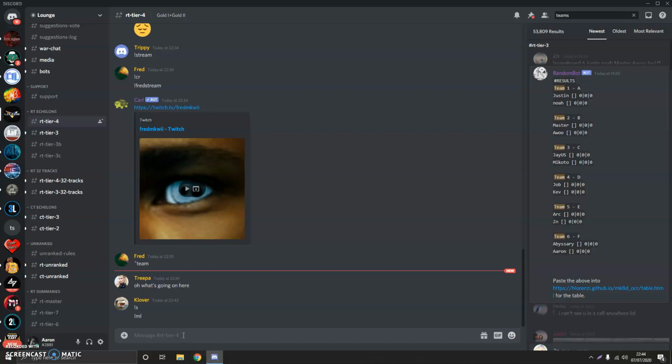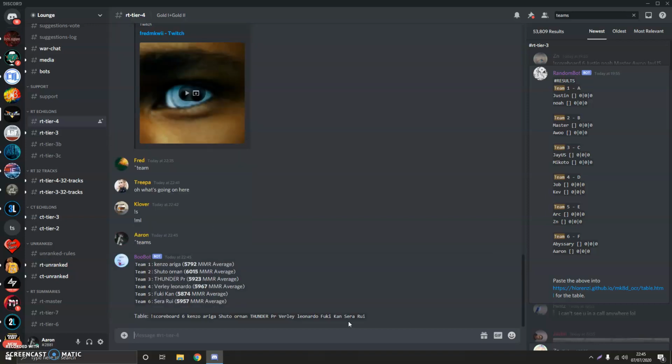So what you want to do, you open up Discord. It's quite simple actually. You just type up arrow teams in the Discord chat that you'd like. This is for Mogis, by the way. I'll get onto wars in a minute. You type up arrow teams, enter, and it will display the teams, and then it will display a little command here, table and scoreboard. You can copy paste this, and you would want to do exclamation mark scoreboard here,